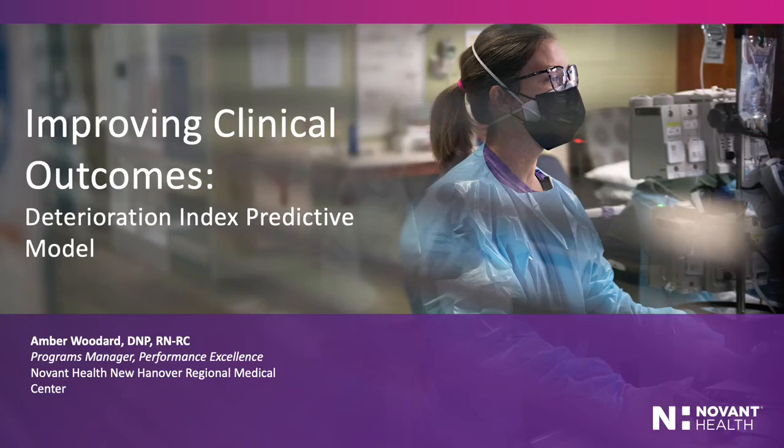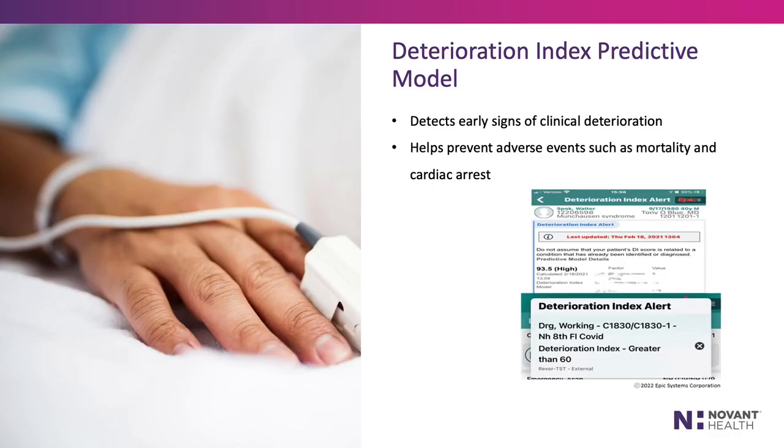Improving clinical outcomes, implementing the Deterioration Index predictive model. Clinical deterioration in the inpatient setting happens rapidly and often results in adverse patient outcomes such as cardiac arrest and mortality. Survivors often have a longer length of stay, and they also incur increased cost when experiencing deterioration while admitted